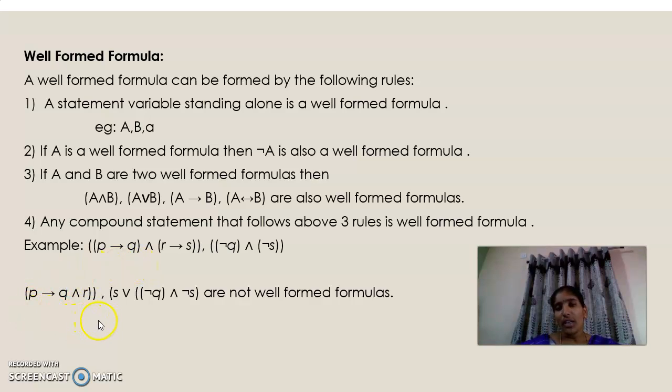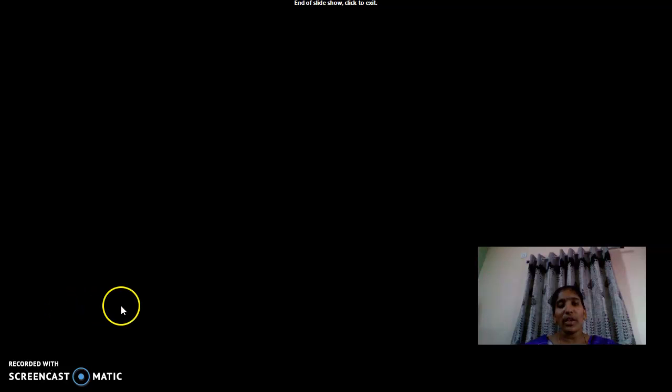So see here, examples of formulas that are not well-formed: P conditional Q and R, and negation Q and negation S. So the first one, which one can you find out? First, for which formula you have to construct the truth table. For example, here braces are available. First you can find out the